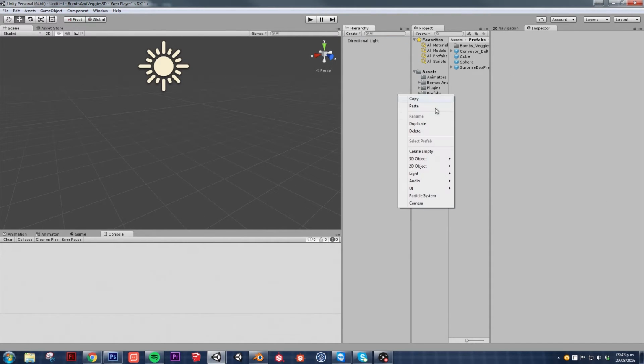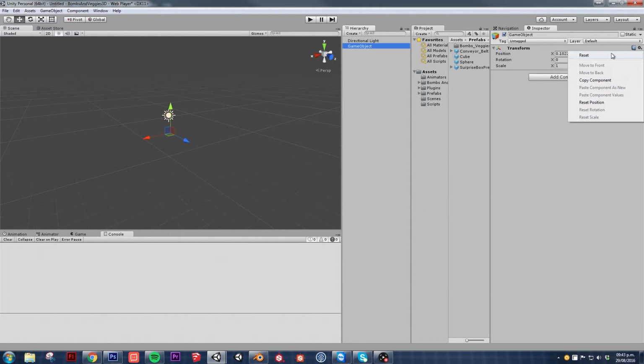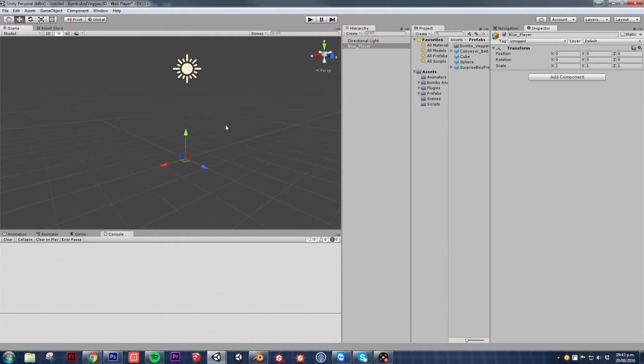And let's create a game object, an empty game object. We're going to place it at 0, scale 1. Okay, so I'm going to call this blue underscore player. Now remember, our game is for 2 players, so we're going to be creating only one, and then we will just change the name and the texture, since basically the character is the same, but we just change the color of it. So let's go to our bumps and veggies folder,